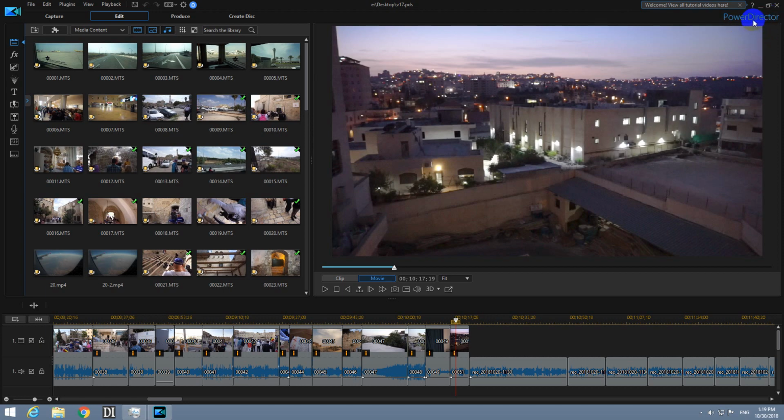Okay, here's PowerDirector version 17, and notice the timeline. The left side has both video and audio, and the right side has only the audio track. There's nothing on the video track. Okay, and whenever I want to produce the video and I want to produce the entire length of this video,